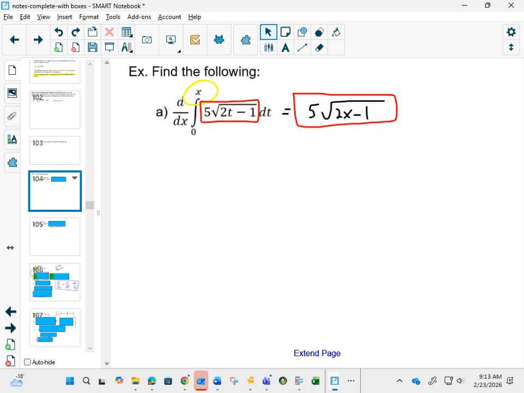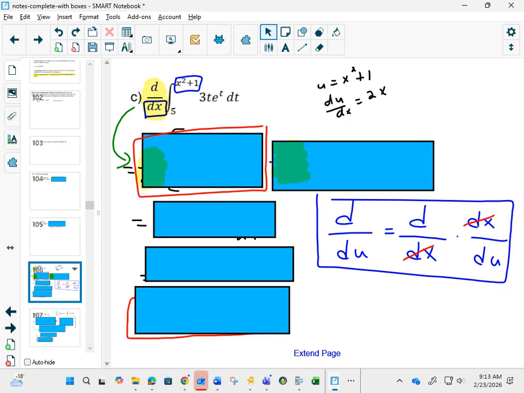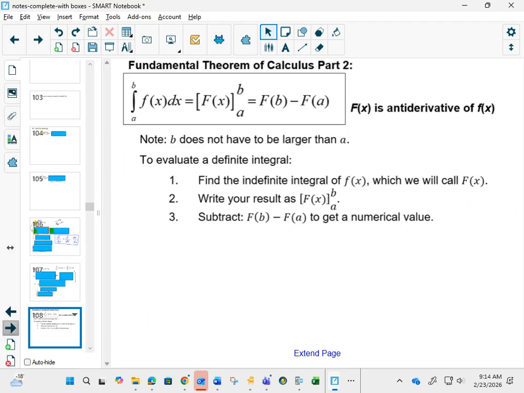Like, if I gave you an assignment of 100 of these ones, you'd be like, oh my goodness, this is the easiest. So all I have to do is take the red box and change it to an X. And you're like, yeah, wow, this is the easiest thing in the world. So then what happens is they're like, well, how can we make it harder? We had the chain rule idea. But you've seen with that substitution, that makes it not that. But that's the fundamental theorem of calculus part 1. Not super crazy. The idea, though, is super important because it leads us to the fundamental theorem of calculus part 2,